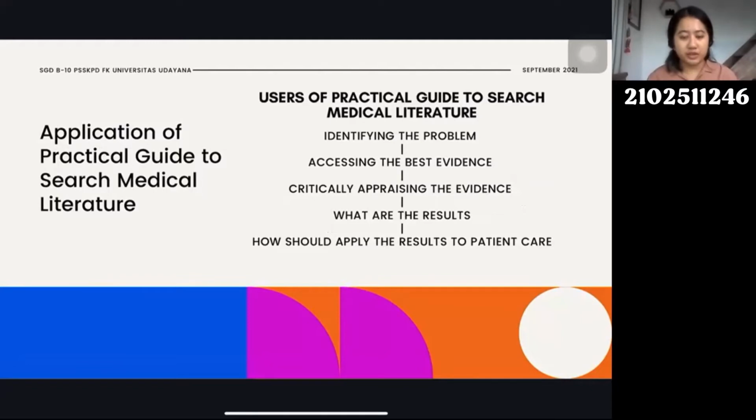My name is Ayu Karralika Raidinjana, and I will deliver the topic about the application of practical guide to search medical literature. First, we will discuss about the users of this practical guide. Medical literature is